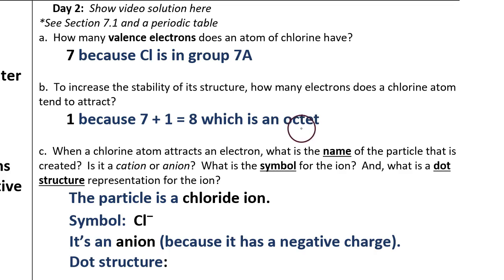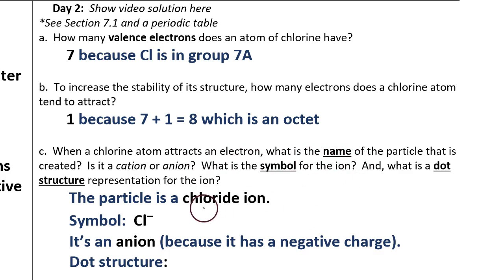The noble gases, which are very stable elements, have octets in their highest levels. Other elements try to be like noble gases and will gain or lose electrons until they have octets in their highest levels. Question C. When a chlorine atom attracts an electron, what is the name of the particle that is